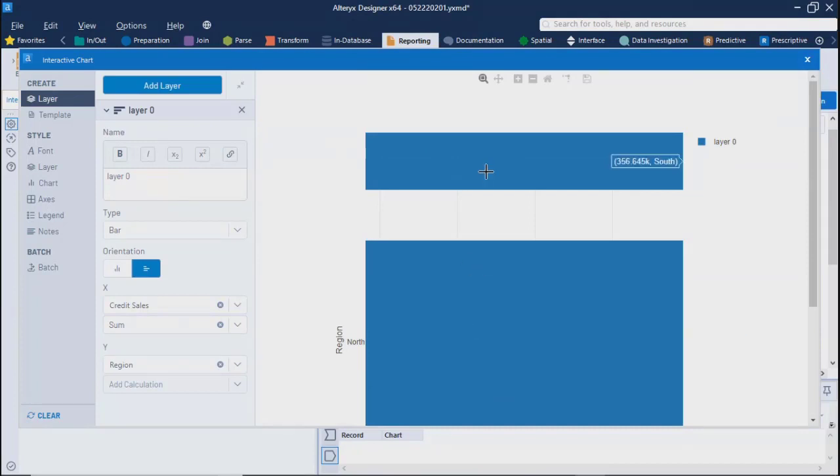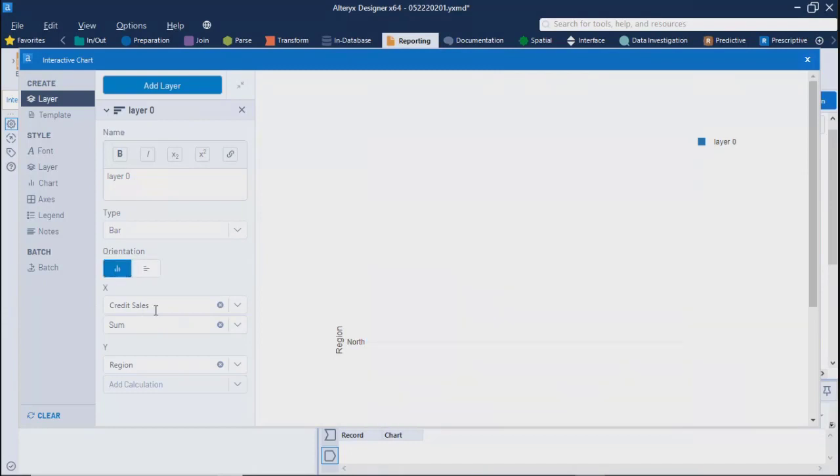Okay, so this is for north and this is for south. I think we can change the axis so it will be on the x-axis. We have taken sales, credit sales. So this is what credit sales is. And then on the y-axis we have regions.